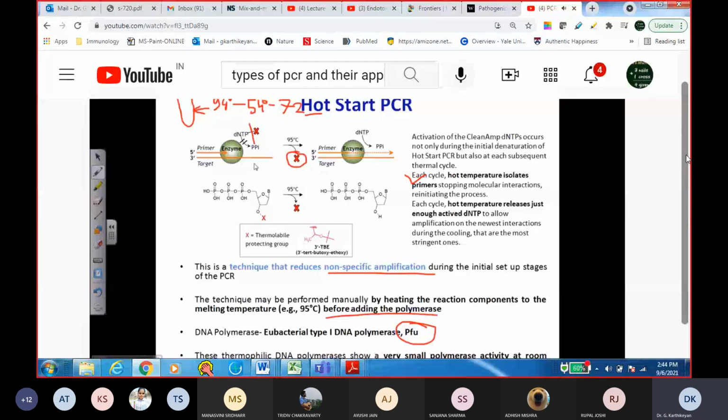And why is it important? Because in normal situation at room temperature the polymerization will not be possible, because this thermolabile protecting group will not allow the polymerase to sit on and add the nucleotides. So once it is heated at 95 degrees Celsius, this labile group will be cut away, so that the rest of the nucleotides can be added and polymerization can start. Okay,